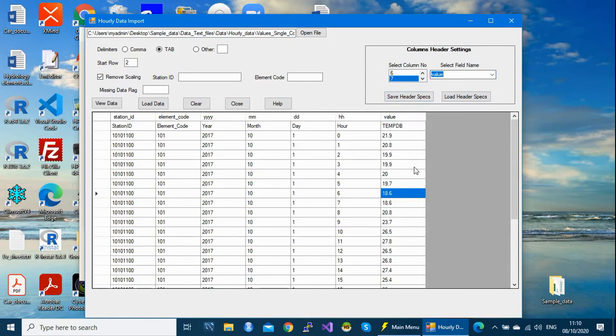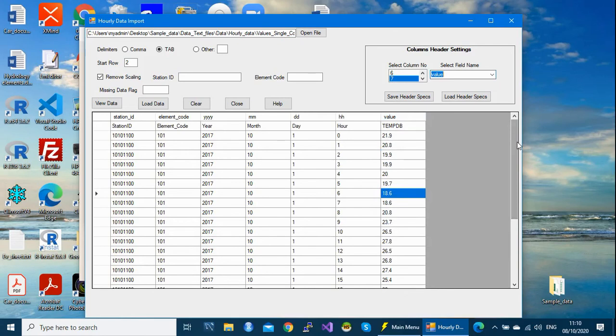That's it, you are done with your definition of the columns: station ID, element code, year, month, day, hour, and value.